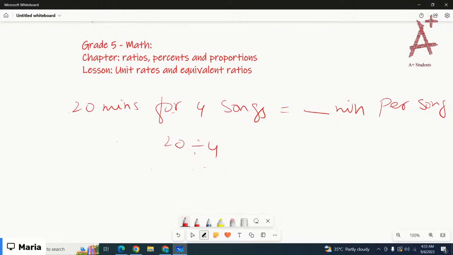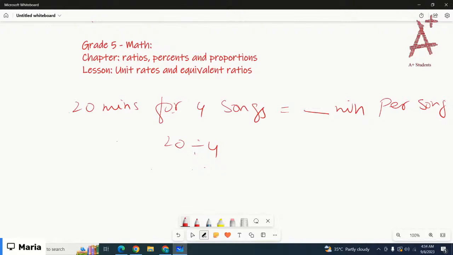For example, in the question, you're given 20 minutes for four songs, right? That means four songs are for 20 minutes. If you divide 20 by 4, you will get 5 minutes. That means for each song, that would be 5 minutes. That is the unit price. One song is 5 minutes, right? Okay,